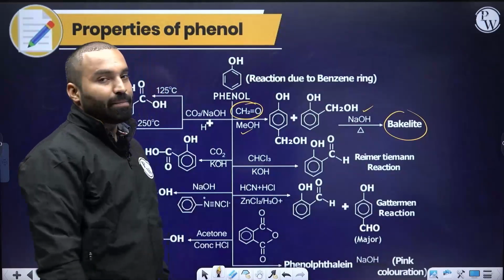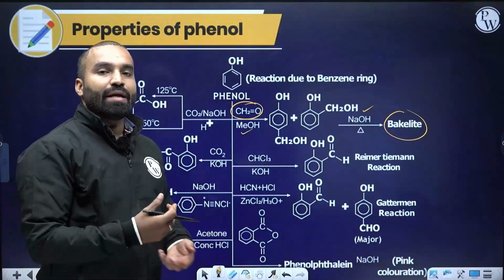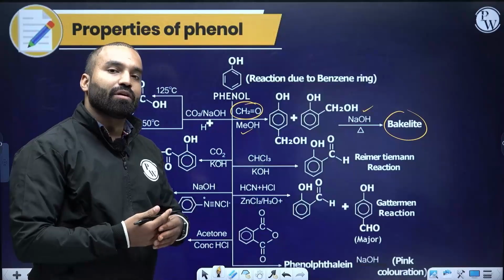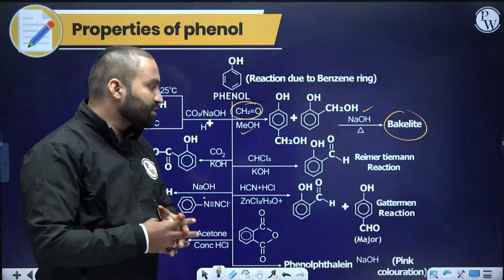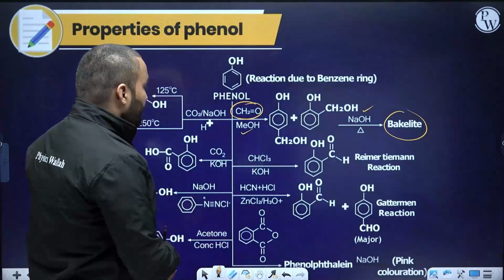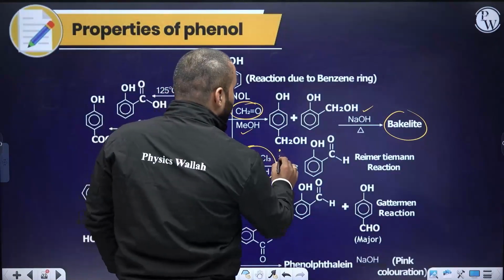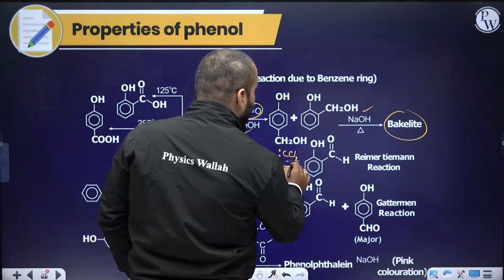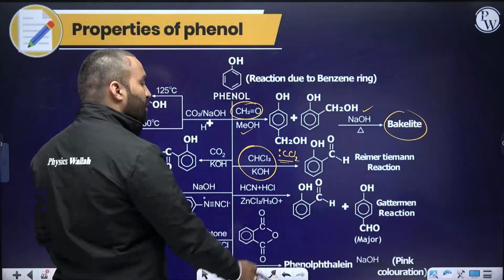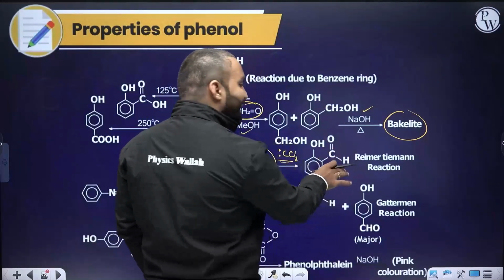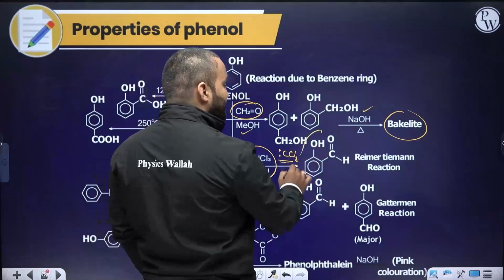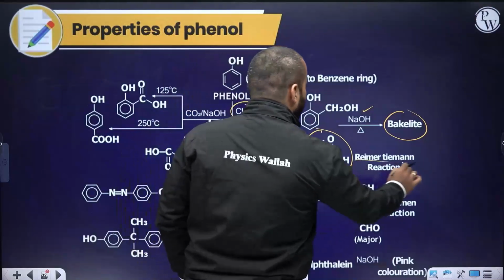Bakelite is a thermosetting plastic which upon heating can just die. It's thermosetting. It cannot be used anymore. Then we have chloroform and KOH treatment. This gives you carbene as the intermediate, CCl2, and the product obtained is ortho-formylated phenol. Orthoformyl. This is salicylaldehyde. This is a name reaction,